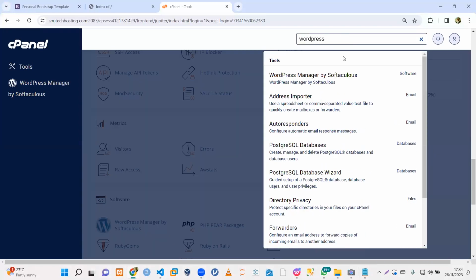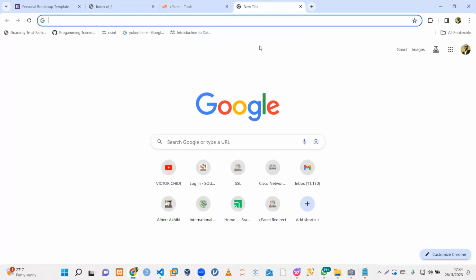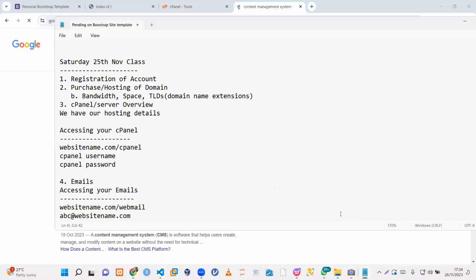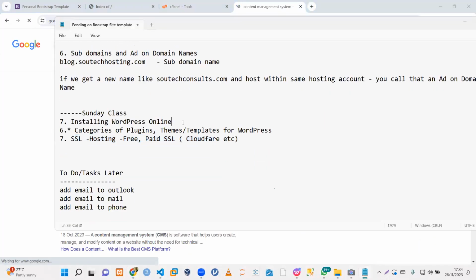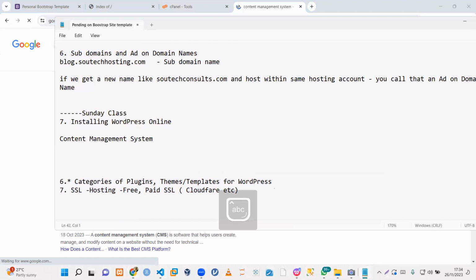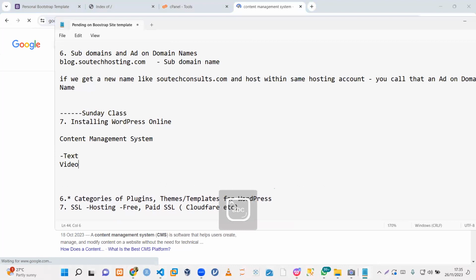WordPress, right? Now, before we talk about WordPress, let's understand that WordPress is what we call a content management system, right? And what's a content management system? A content management system is just a tool, a script, or software you can use to manage content. And when you talk about content, you have different classes of content, which is text, video,